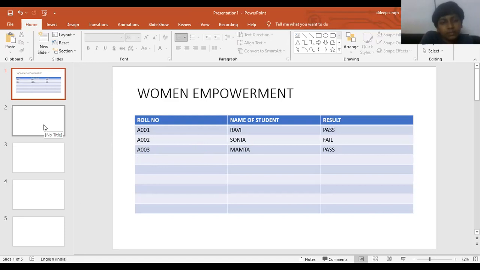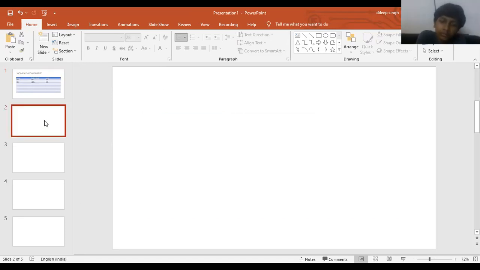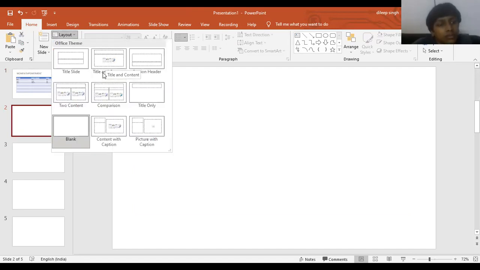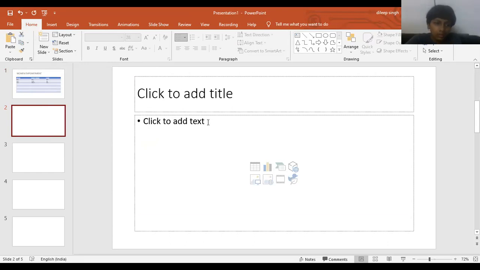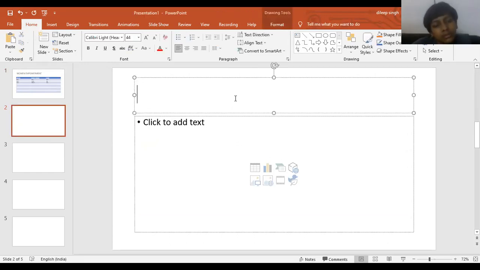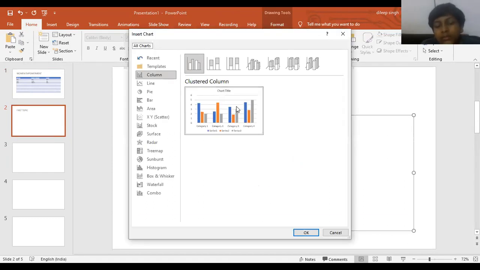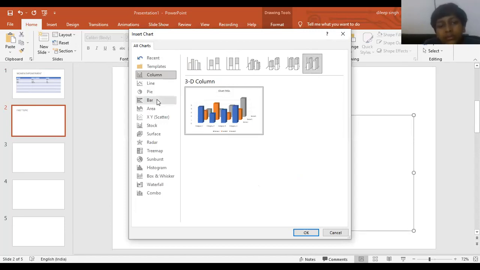So here's the first, that is table. When you click on next slide, here we want another layout, just click on the same layout, that is title and content. When you click here, you will get the same outlook or layout. And here we use the first topic, or you can also use introduction. Here the second option is chart. When we click on insert chart, you will get the chart in this manner, and you can select any chart for your PowerPoint presentation.